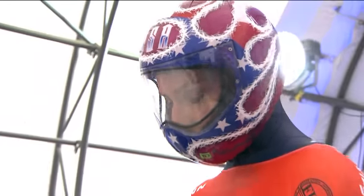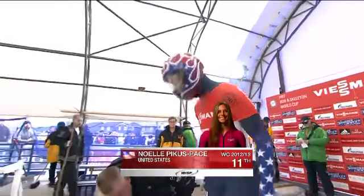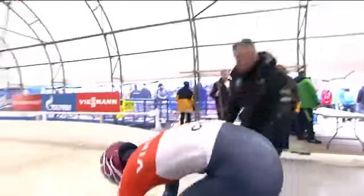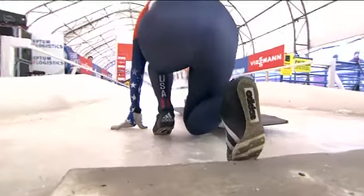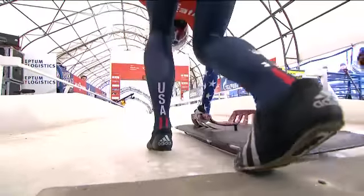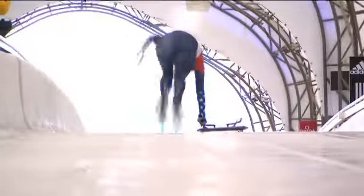Noelle Pikus-Pace, 2007 world champion and 2005 World Cup overall champion, has a herniated disc. In fact, it's an old injury, but it flared up again this past week during training. So it'll be very interesting to see how this racer, who had such a great season last year, opens up the Olympic